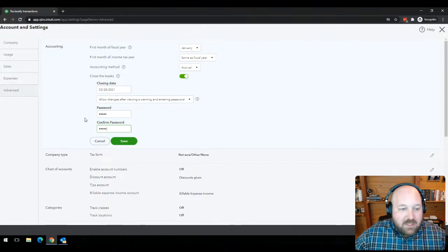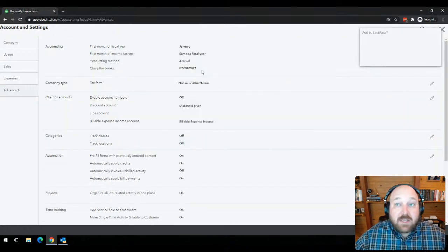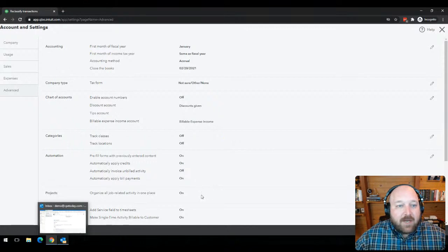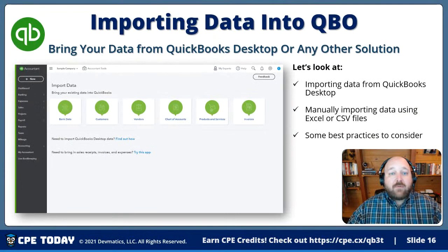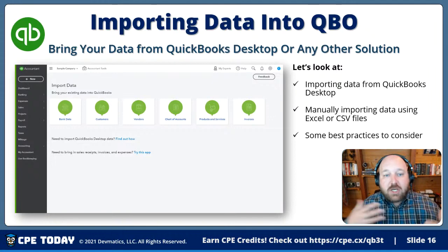Okay, and by doing so, this allows us to prevent people from posting into prior periods. So it's a great option with respect to limiting our exposure of putting wrong and bad data inside of our books and records. And it's also a great way of reducing our fraud risk as well. Because if people can't post into prior periods, we don't run the risk of them changing the nature of previous